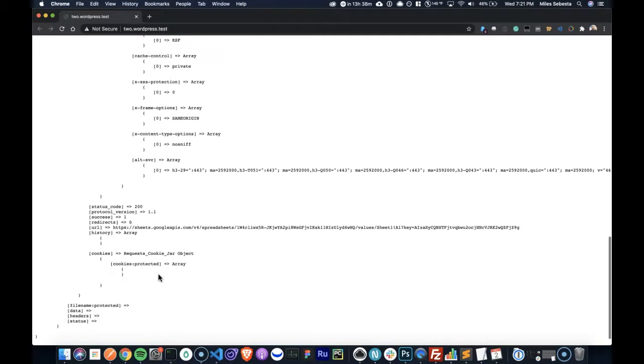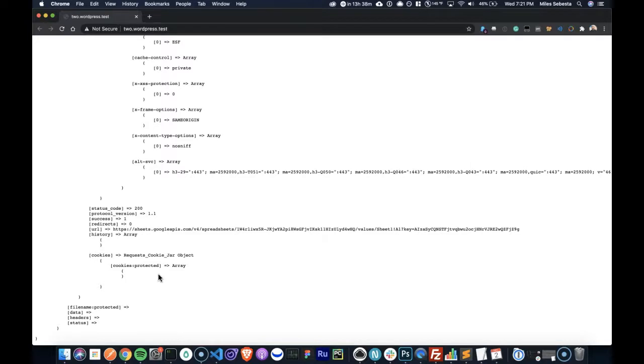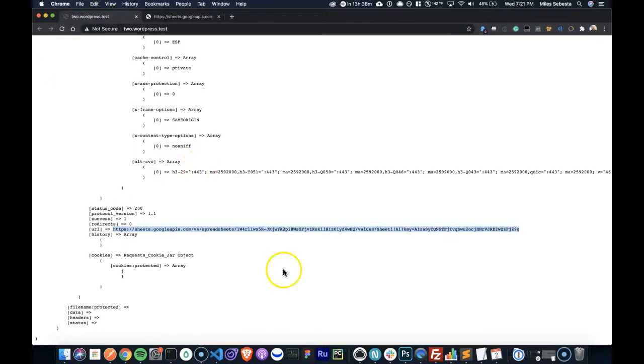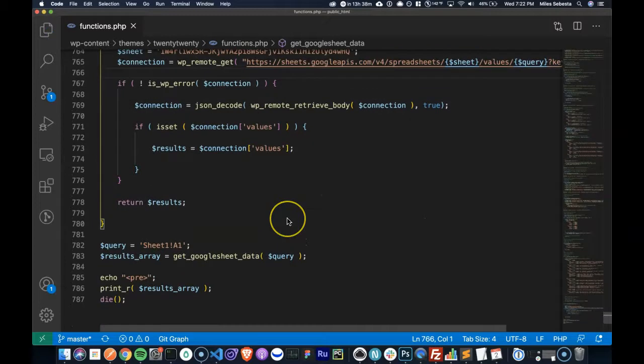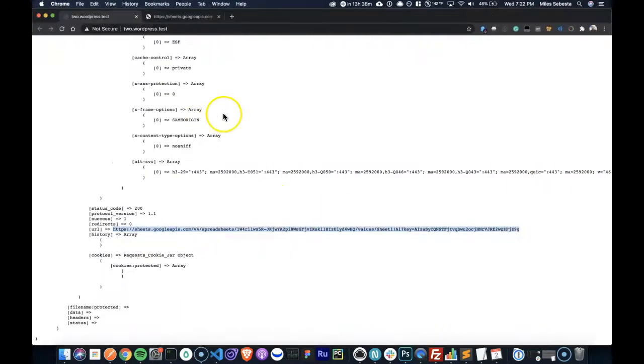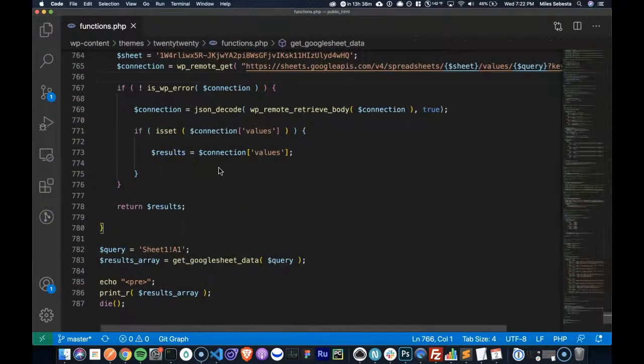So I'm trying to see if there's a problem. What I can do is actually hit this URL. Let's see what happens. Okay, so values data. So it's pulling it. Okay, so let's see. Oh, that's what my error is. I just put in connect right here. So it's just a little spelling error, it looks like. So let's check this now. There we go. So it is pulling my data there.